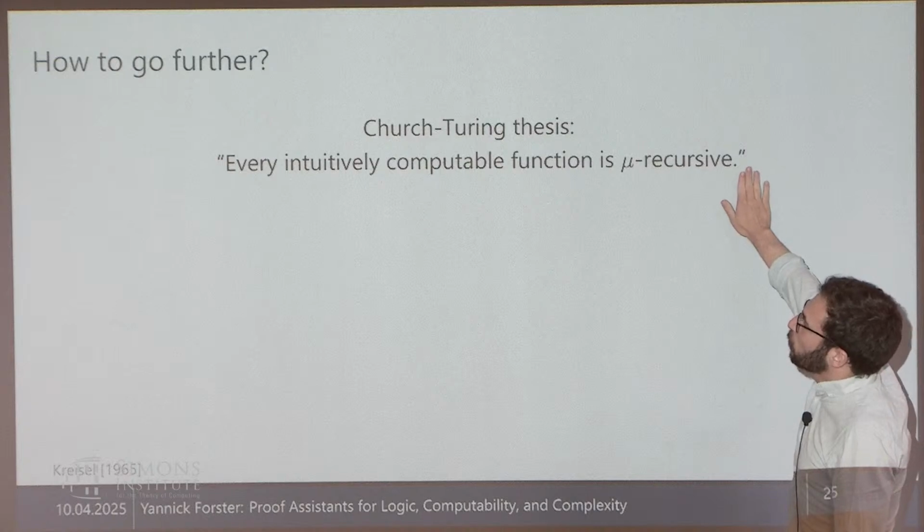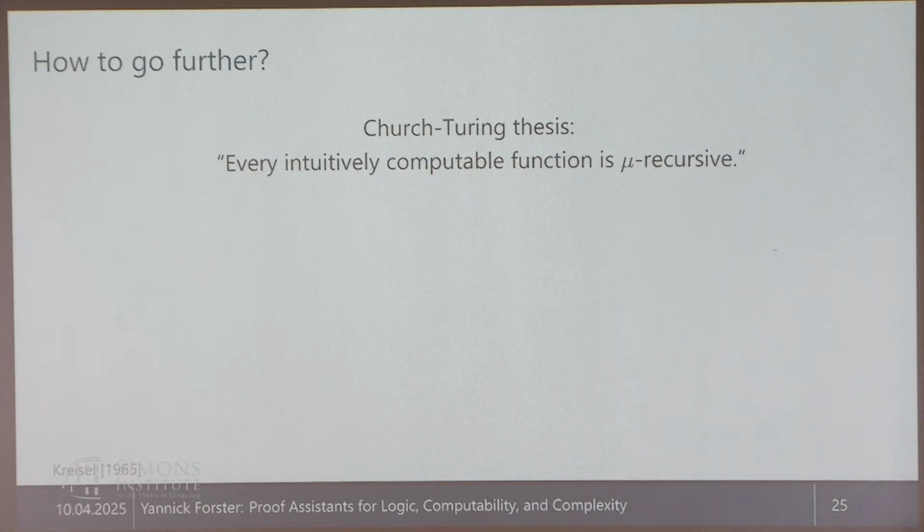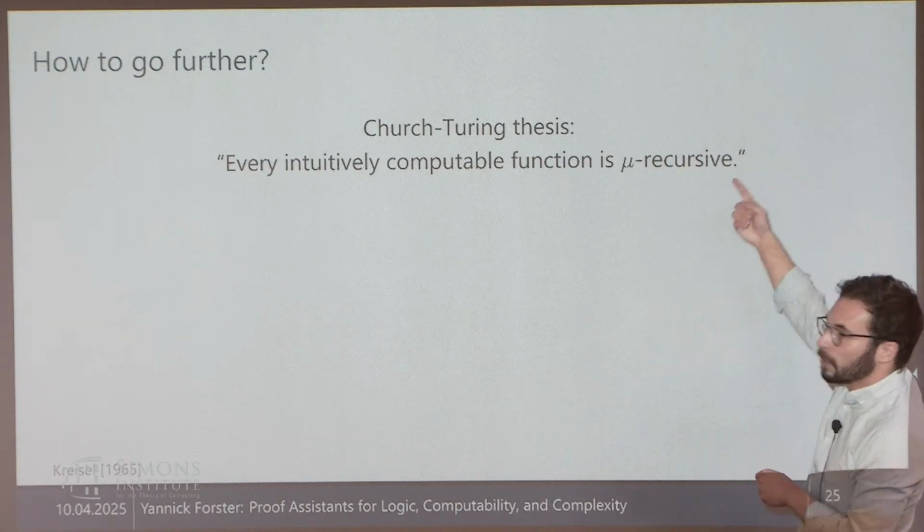So it's connected to the Church-Turing thesis. Every intuitively computable function is recursive. And the whole point is, this is used all the time. For undecidability proofs, for many-one reductions and decidability proofs, we can get around it because we can look at the one concrete thing we need to be computable. But once you need to take as input a computable function and do some constructions on it, that doesn't work anymore. So in the end, you need a way to treat the Church-Turing thesis in a proof assistant.